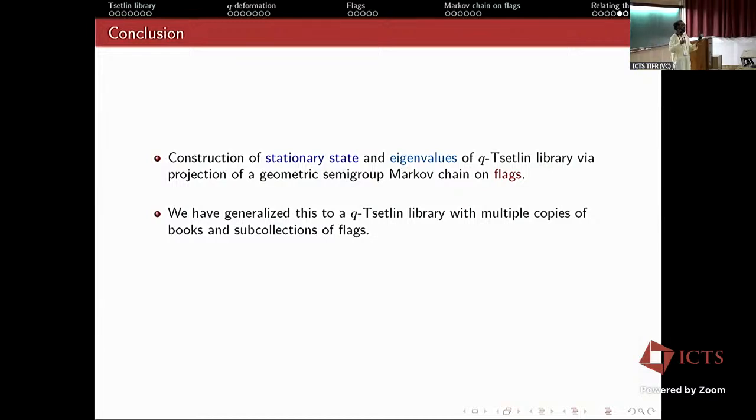You can think of permutations as words where there's just one copy of each letter, or if you want one book of each type in a library. But you can have multiple copies of books, of course. And so we fully understand what's happening if you have, let's say, s books with m_i copies of the ith book for arbitrary m_i. And there's again a similar kind of